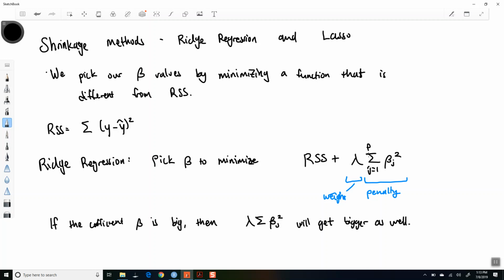And if to you, the most important thing is the lowest cost of rent, because you're on a tight budget, then that might be akin to just minimizing RSS. If the strategy is just pick the place that minimizes the rent, you're going to pick the cheapest apartment to live in. But